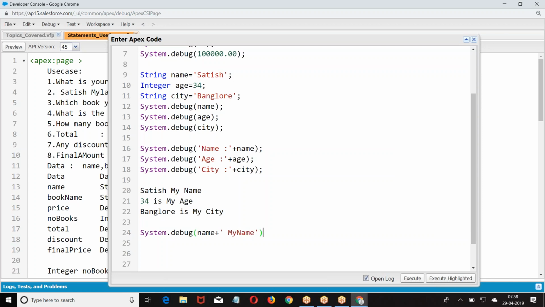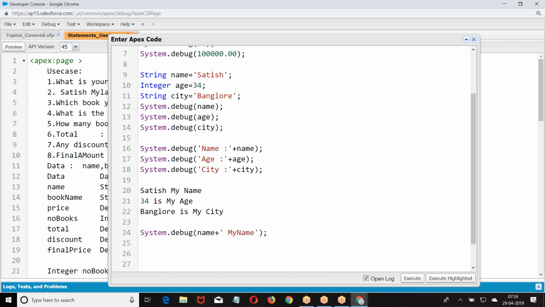Whenever you want to print a value along with a string, it is string plus variable or variable plus string, depending upon the format you need. Depends upon your context. I hope you're good with this example.